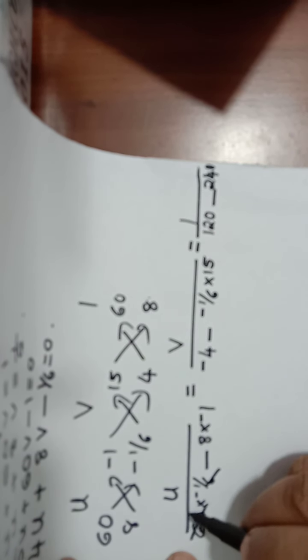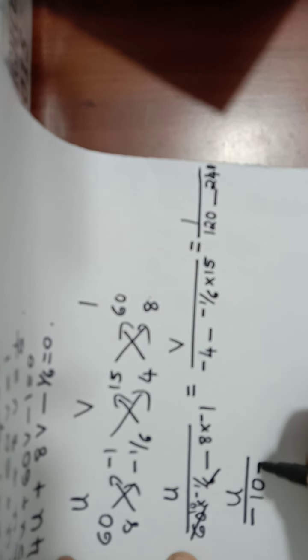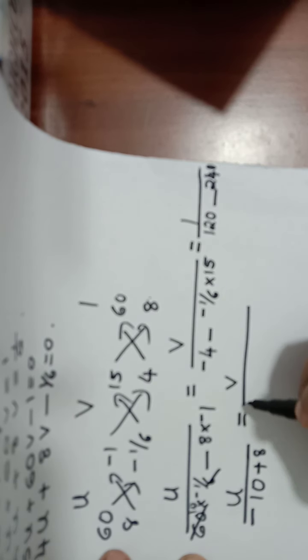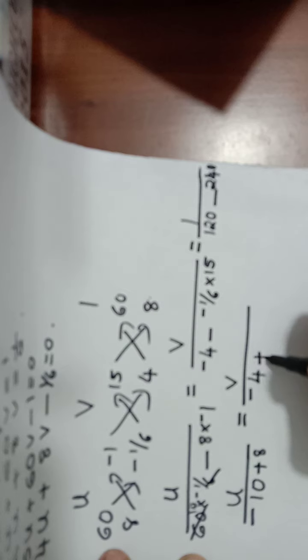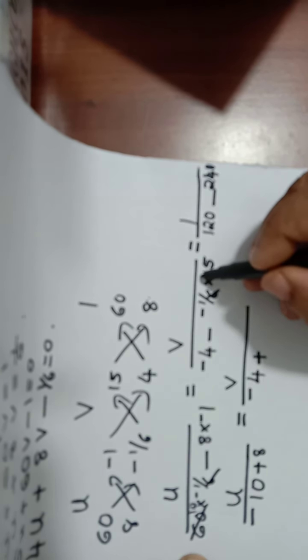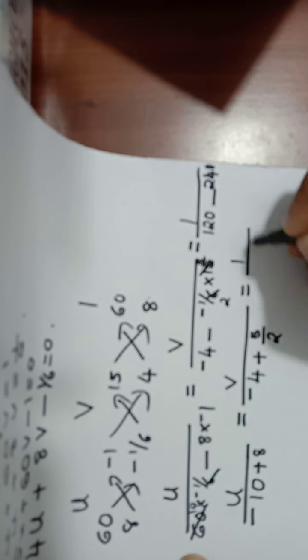Okay. So here we can cancel this 10 times. So u by negative 10 plus 8, V by minus 4 plus, minus of minus will become plus 6 by 3. We can cancel 3 2s, 3 5s. Isn't it 5 by 2? We have minus 4 plus 5 by 2 equal to 1 by negative 120.